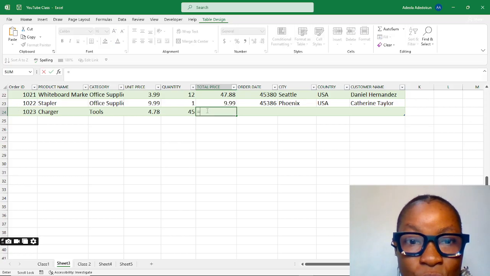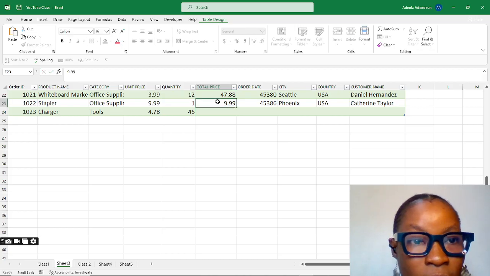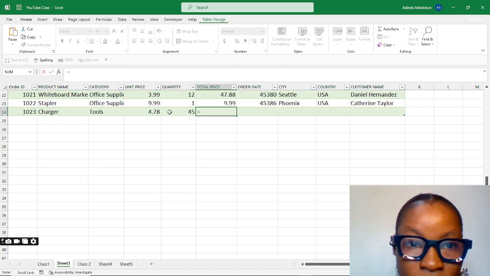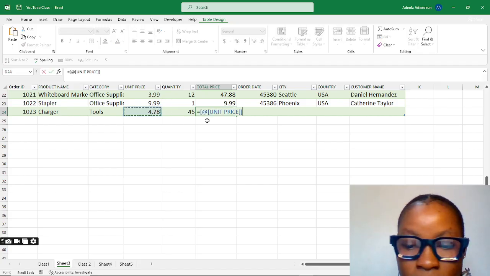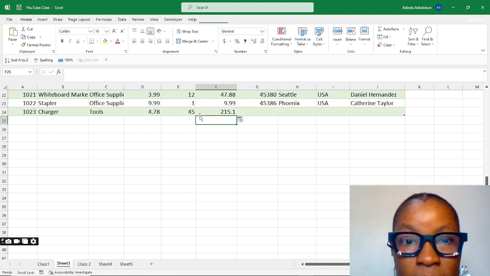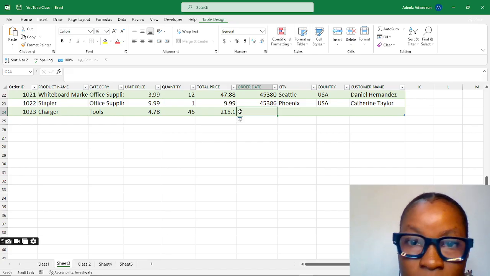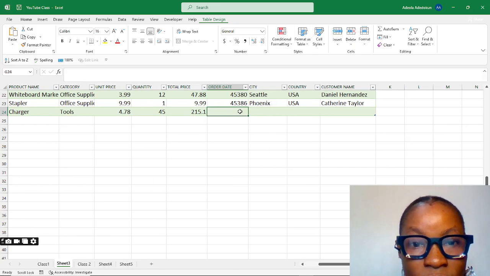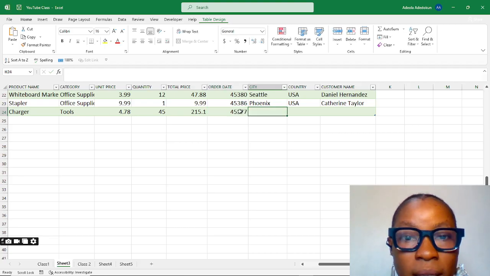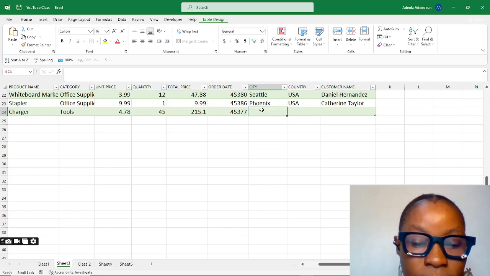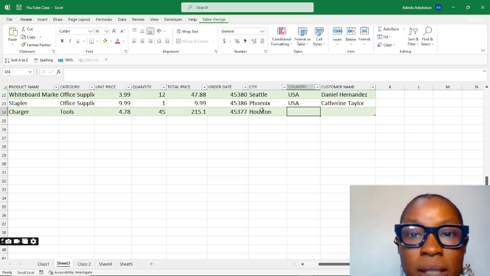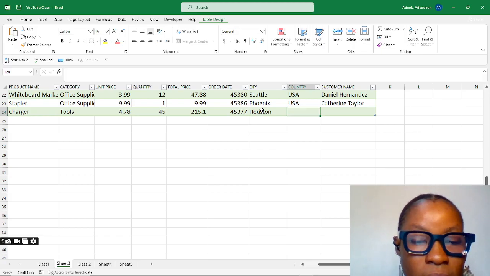Of course, you remember what I told you about functions and formulas. Let me see if this is how we did it. So let me do equals to, and that's the total price. Order dates, let's just skip it for now. Don't worry, we're going to do that later. And so just USA,